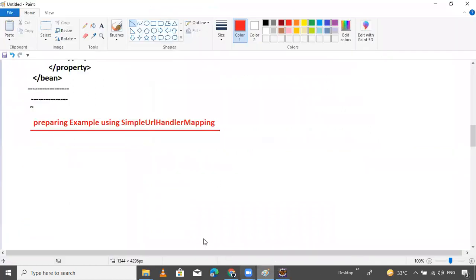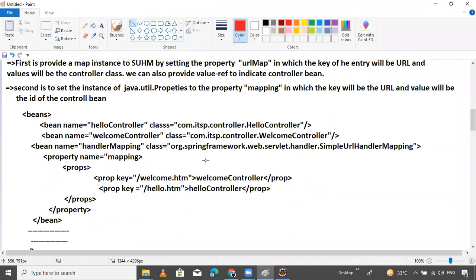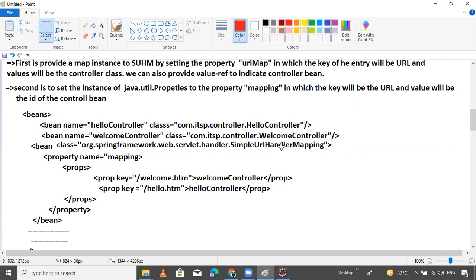No, I think so. We'll provide something right now for you. Yes, handler mapping. Here we provide handler mapping, but this property is not there. By mistake, I provided this. Okay, guys, why? Because we have one property. What is that property name? It is mapping. So this property exists inside that.